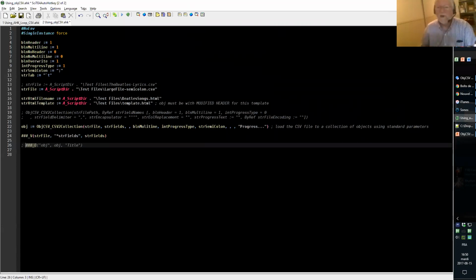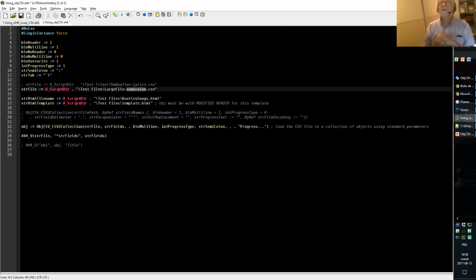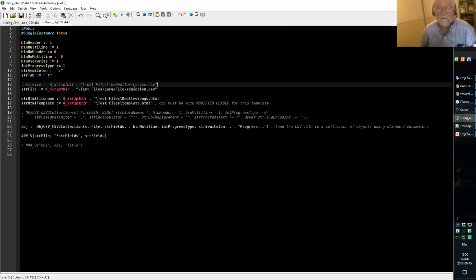Okay, so that was for large file. I will now return to the demonstrations showing that you can also tell the function what is your header. If the text file has no header, you have to tell it what you want for the titles of each of your columns, excuse me.